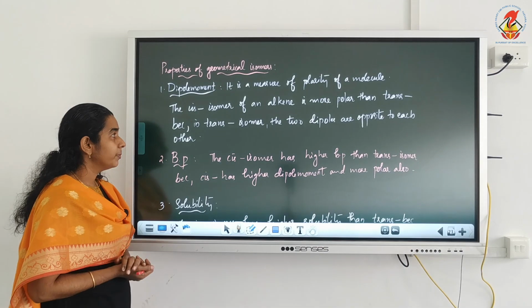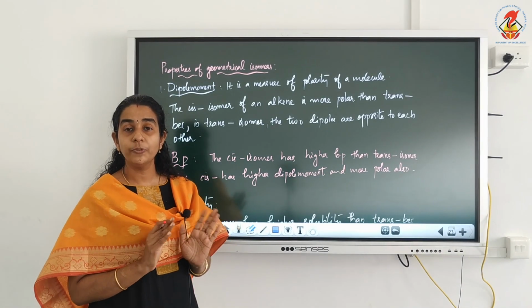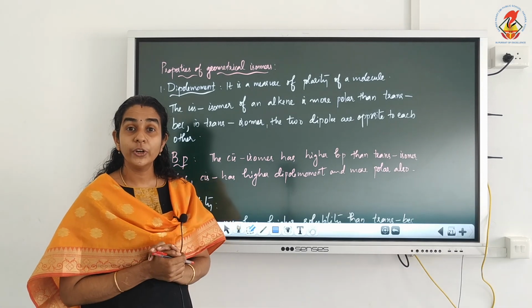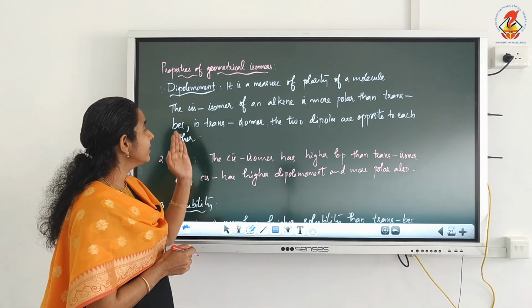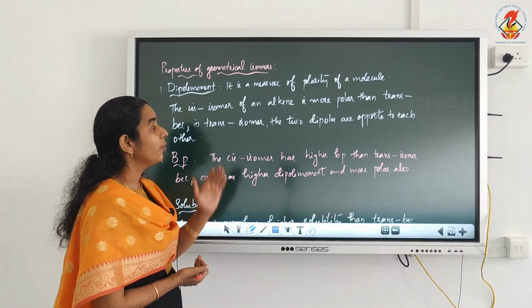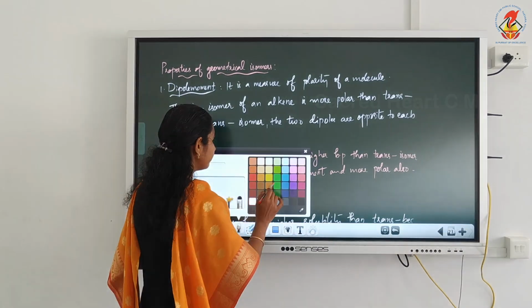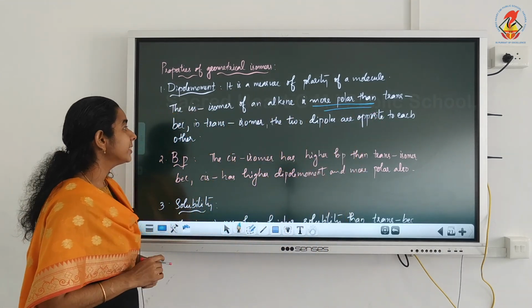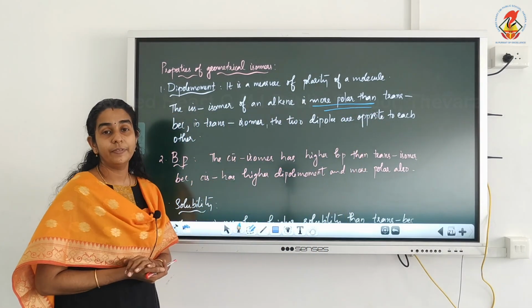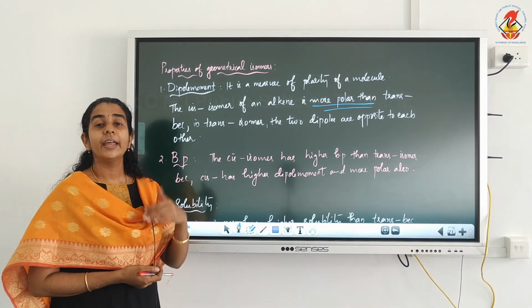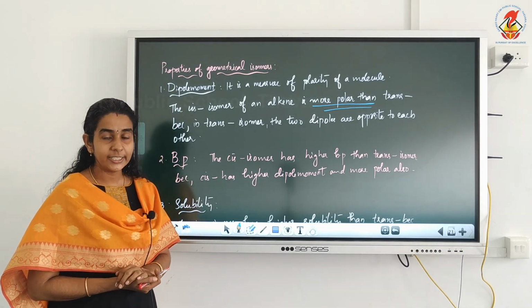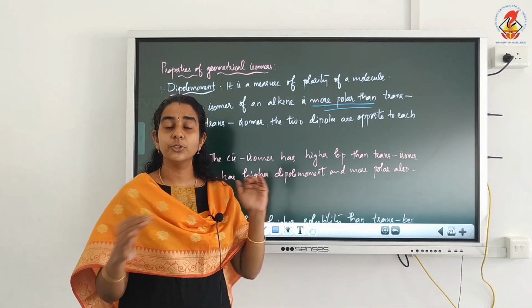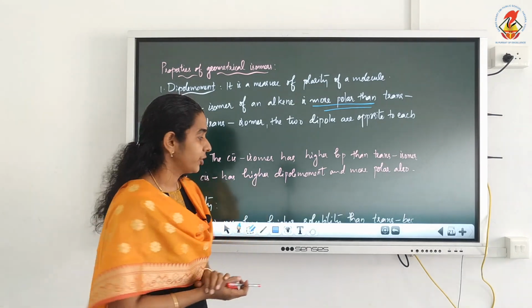So cis isomer, cis means same side, same groups will be on the same side, isn't it? So the polarity or the dipole moments won't cancel each other. So cis isomer of an alkene will always be more polar than the trans isomer. So cis isomer will have higher dipole moment and will be more polar than the trans isomer. Trans means similar groups will be on opposite sides, so the dipole moments will cancel each other.